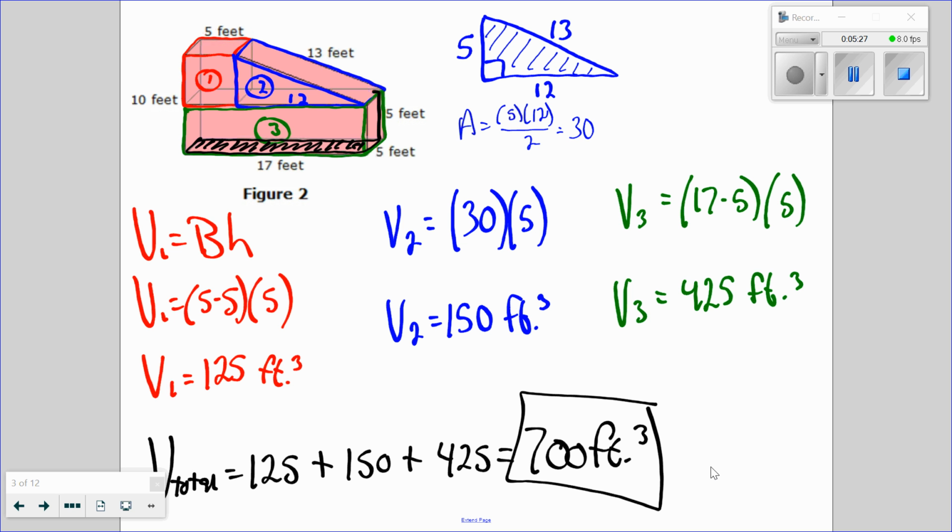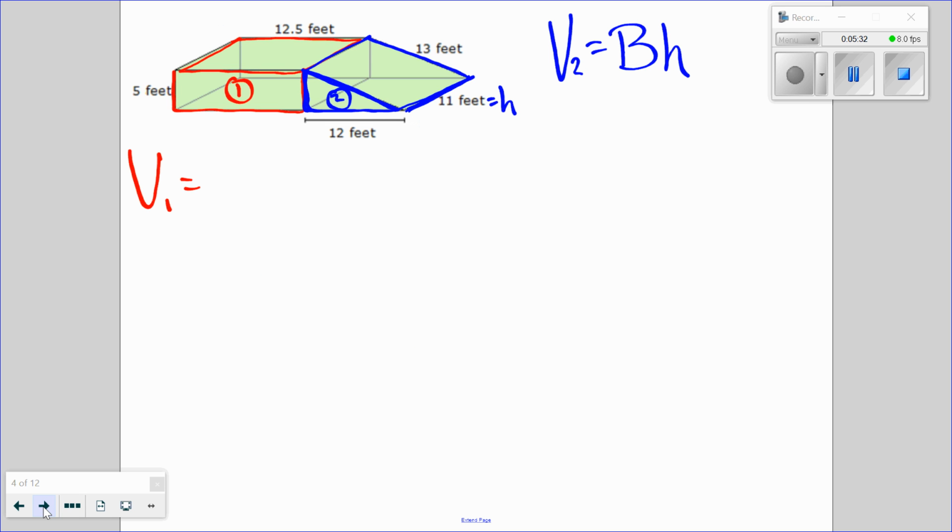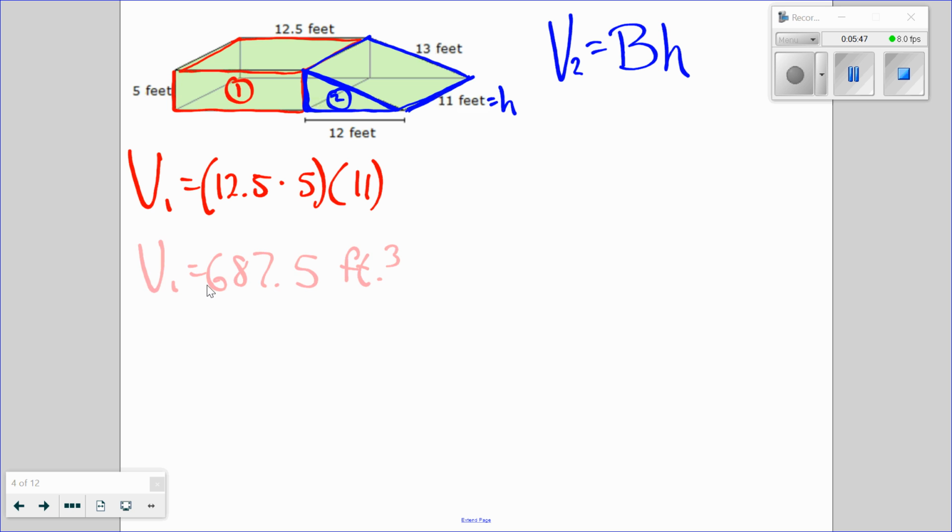Good to go. So here we go. All right, so the rectangular prism, length times width times height. Our base is 12.5 feet by 11 feet, and height is 5 feet. It doesn't really matter which one you view as the base, the width, and the height, because you're just multiplying 3 numbers together. For our triangular prism portion,